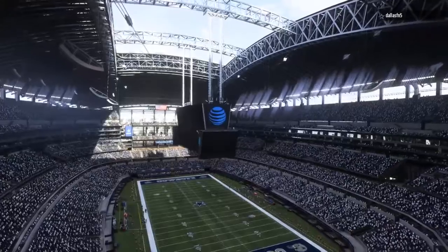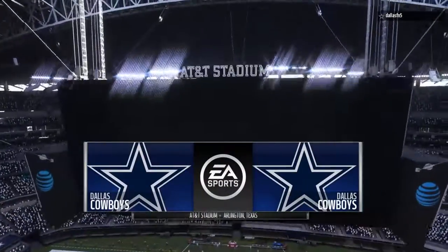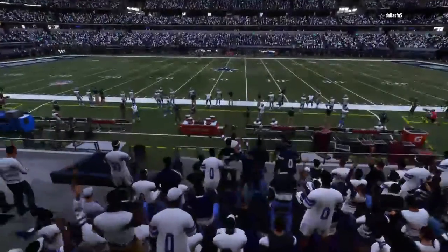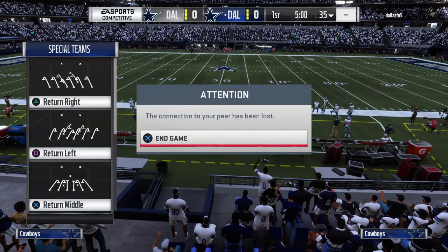EA Sports coverage of the NFL brings us to the heart of Texas and the very wonderful AT&T Stadium in Arlington. Obviously, they do everything big here in Dallas, and the introduction to the Cowboys, no exception. They're set for football in Big D, as their guys will...